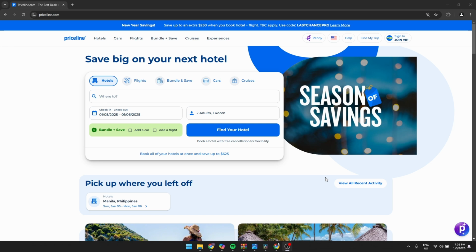Hello guys, today I'm going to show you how to change the currency on Priceline. So first, open your web browser and go to priceline.com. Once you're on Priceline, on the home page, on the upper right corner of the screen, make sure to sign